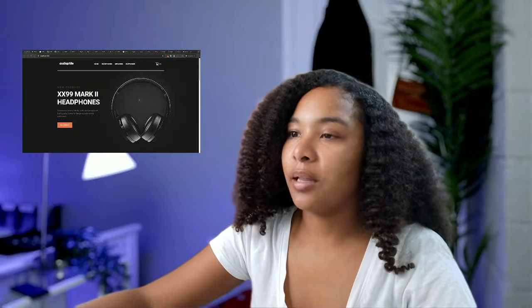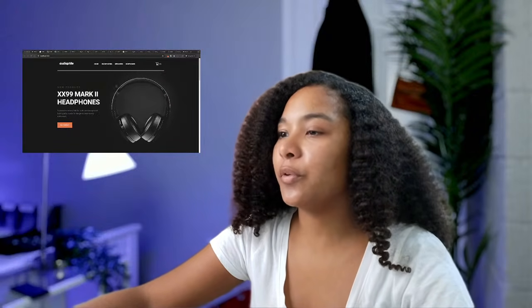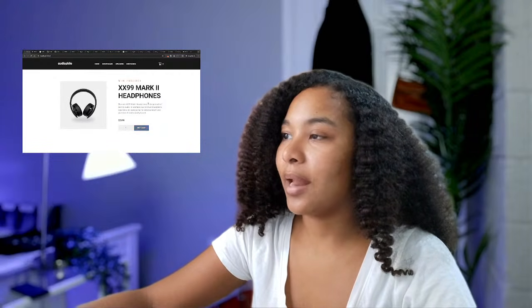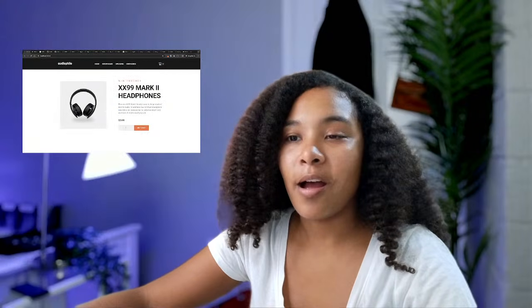It's just a little e-commerce website that will allow you to showcase headphones, speakers, earphones, different things like that. And then you can go to each product page, see the product itself, and then go ahead and add it to cart. So a really simple setup that we have going on right now, but we're gonna go ahead and